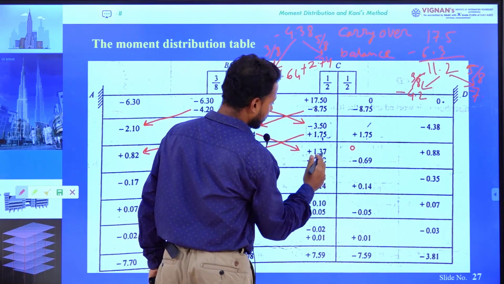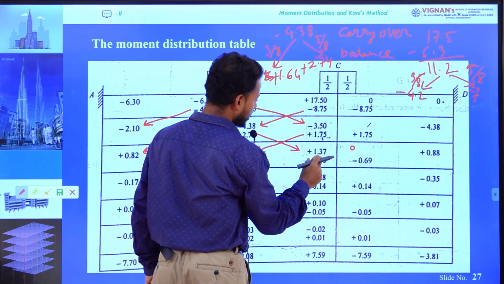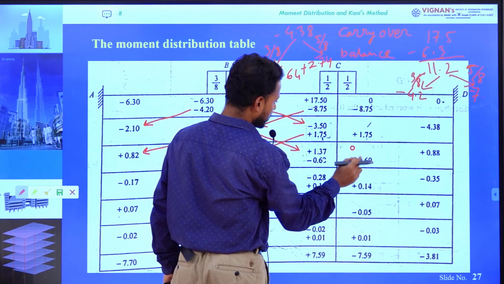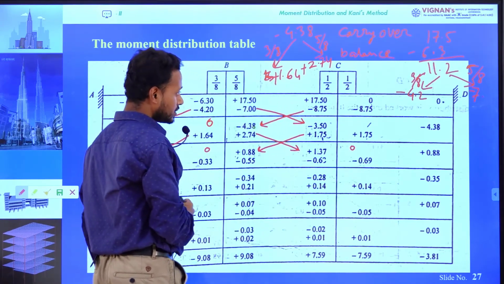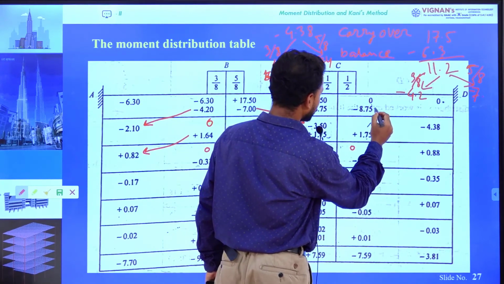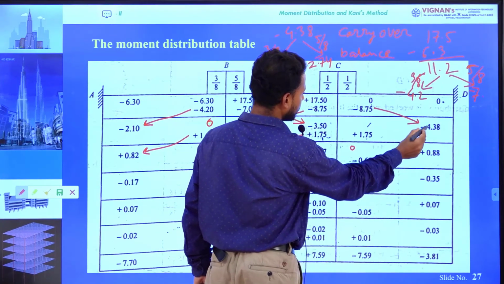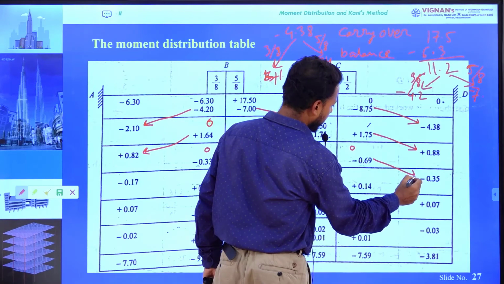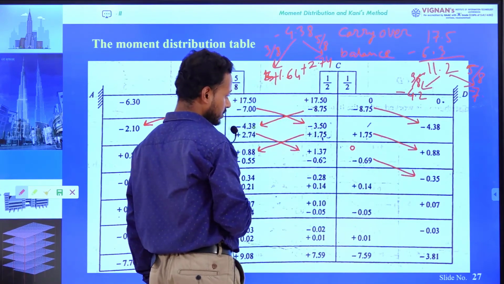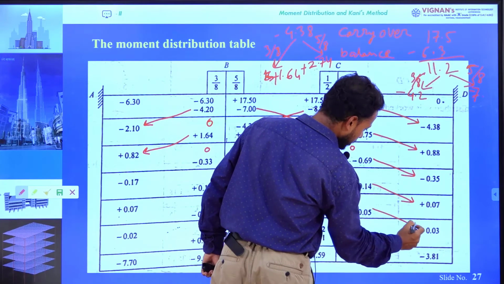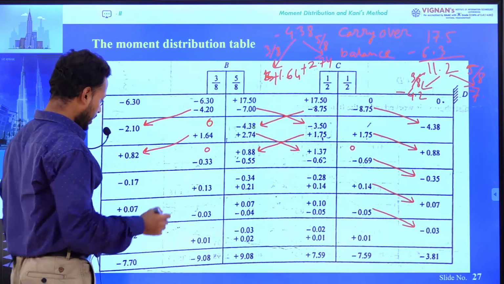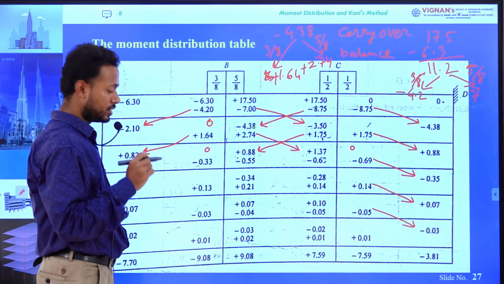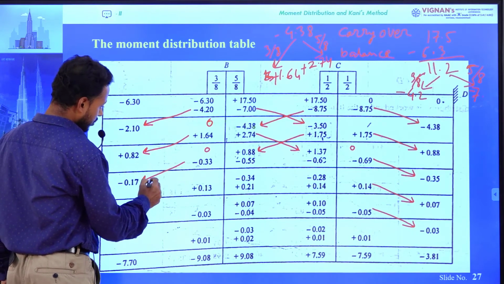Here also the moment is 0. At these two moments, multiply with this factor, write it here with opposite sign. At these two moments, multiply with this distribution factor, write it here with opposite sign. And also we have to consider that 50% will be carried over at this joint. Whatever moment you are getting, 50% will be carried over to the next joint. So in this way you have to continue the process until you are getting 0.1, 0.005 moment at a certain level. So if you repeat this process